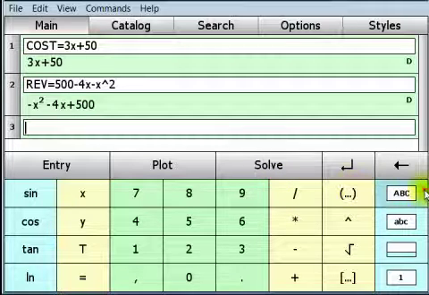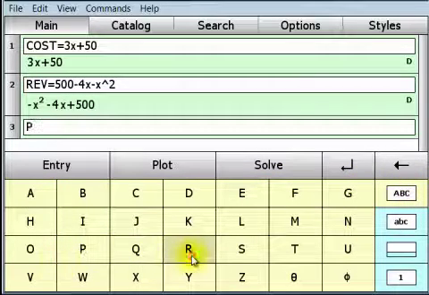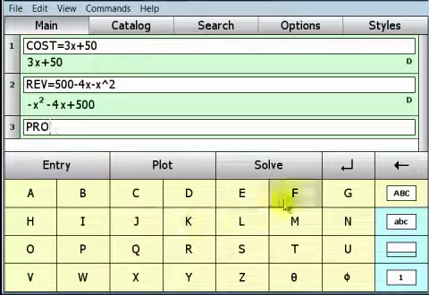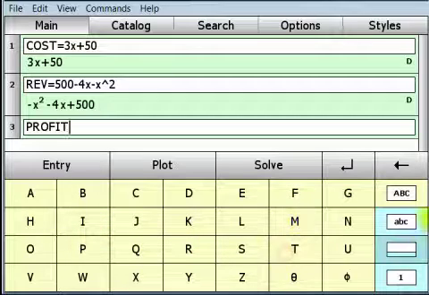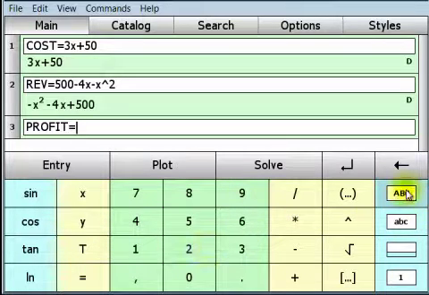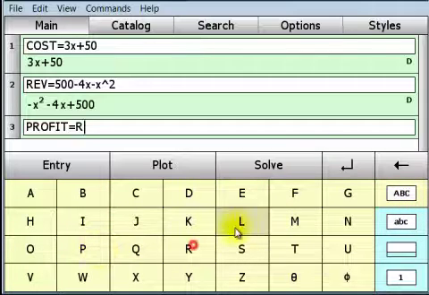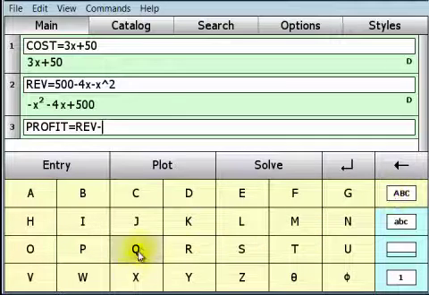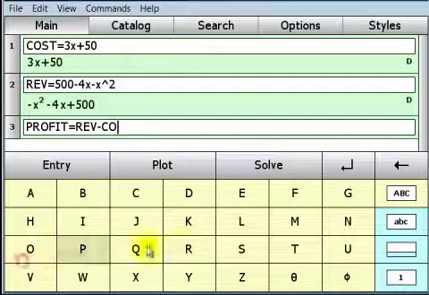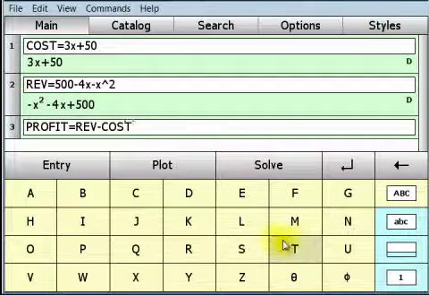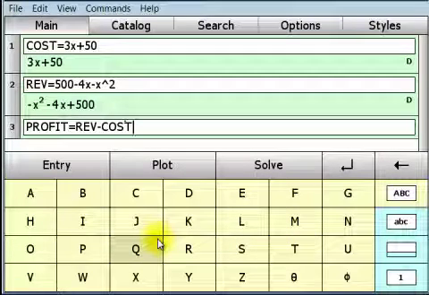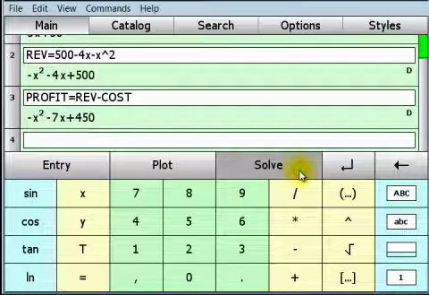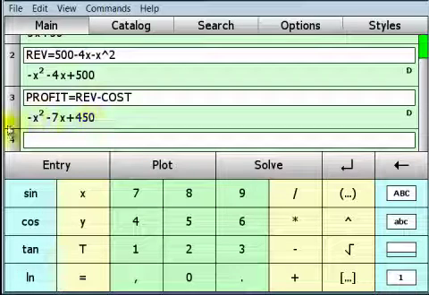So what we'd like to do now is create a third variable called profit, and the profit variable is formed by setting it equal to revenue minus cost. So notice that rather than re-entering each of the two separate equations above, I can just enter them as their stored variable names, revenue and cost. So once you're done with that, go ahead and hit solve, and you'll notice the new equation that we have,